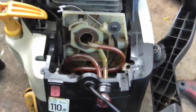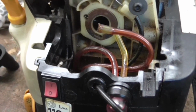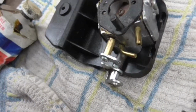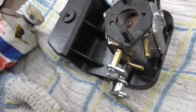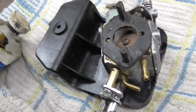Right folks, the pesky little carburettor is off, and I've found a tiny piece of fluff, or what looked like fluff, blocking one of the ports. So I've stripped it and I've rebuilt it. But I don't have a great deal of faith in these carburetors, because usually once you go inside them they never work again. But never mind, we'll give it a go tomorrow, because it's 5 o'clock now